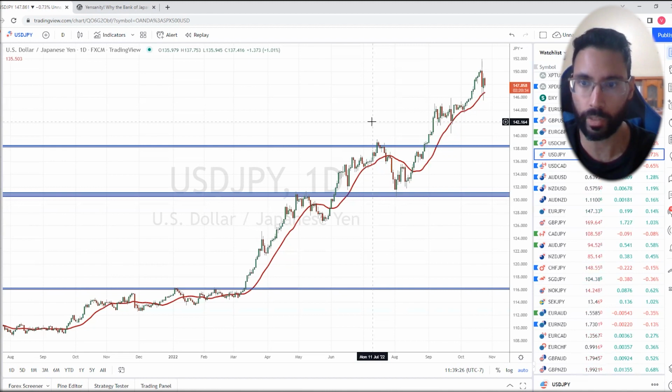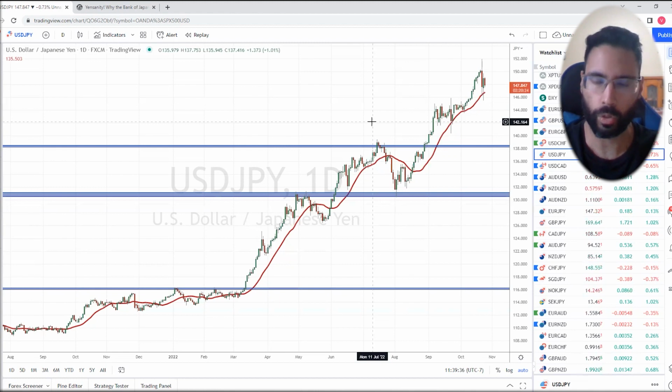We've seen moves in the euro and also the British pound. You're seeing this with a stronger US dollar. And I think because Japan imports a lot of energy, as you guys know, the petrodollar, energy is traded in US dollars, priced in US dollars. If the dollar gets so expensive, what are the Japanese going to do to import this energy? Are they going to take that big hit by using more expensive dollars to buy energy?